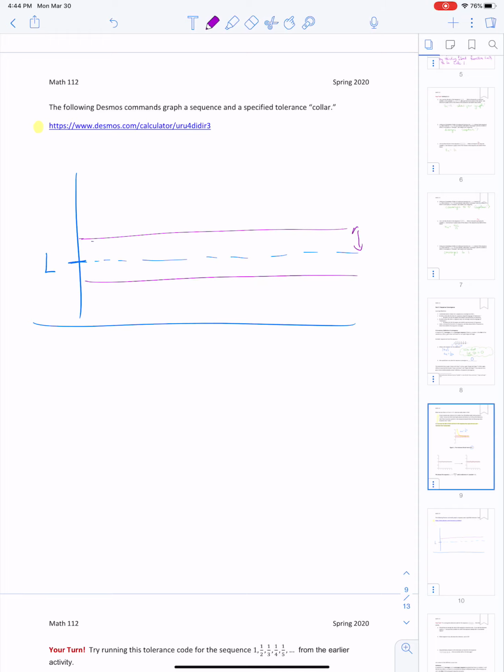So this is the tolerance. And this is also the tolerance. And so it must be true that if the limit of the sequence S sub n, as n goes to infinity, is equal to L, then